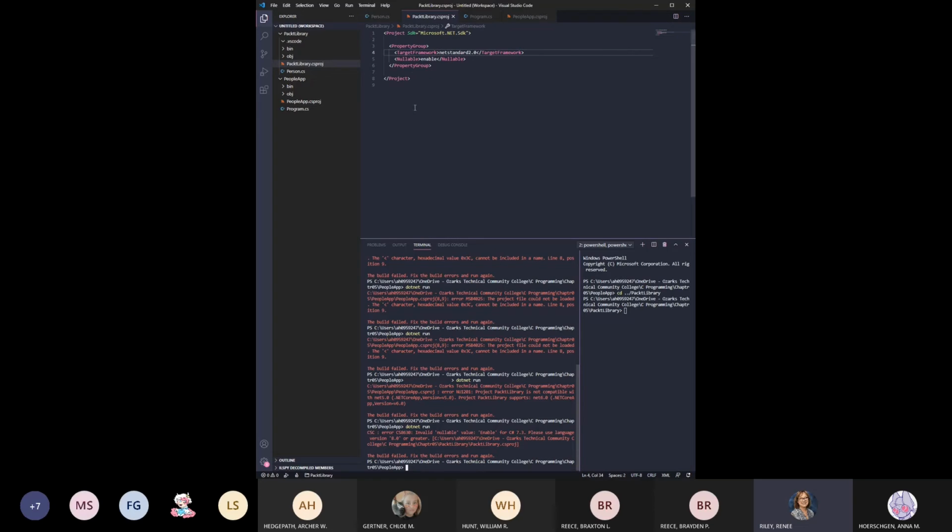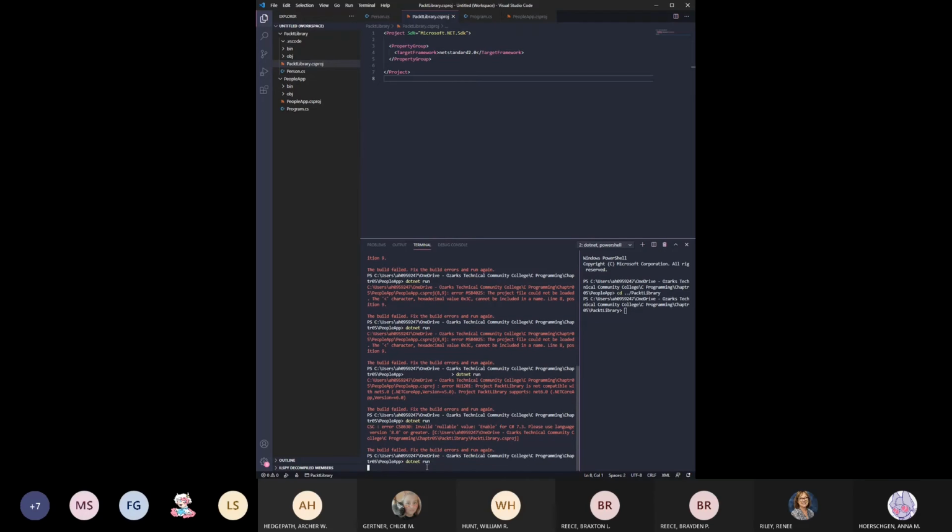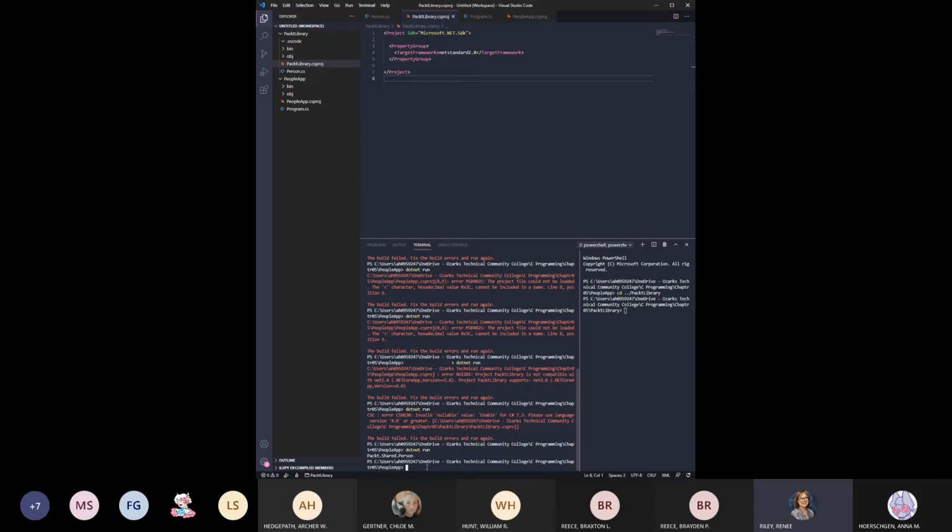I guess I'm having a problem with the packet.shared at the top of my program. Yeah, that's what I'm also having. Get rid of that nullable, Anna. We had to get rid of all of the extra things in that file except the target framework. Now let's save it. Great. Okay, so let's see that one. What other problem are we having?